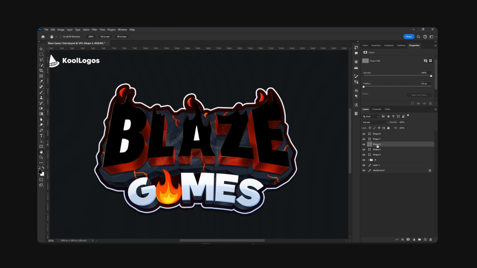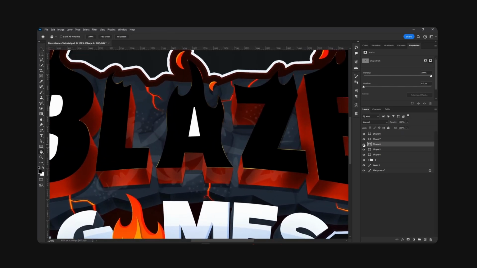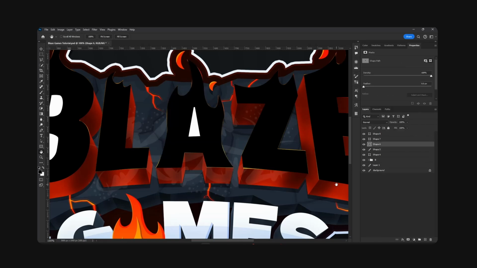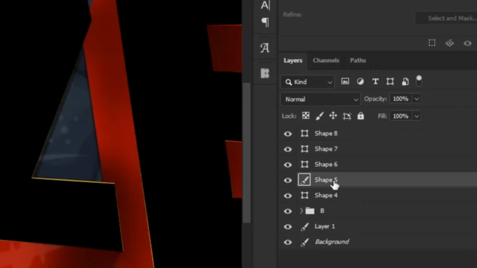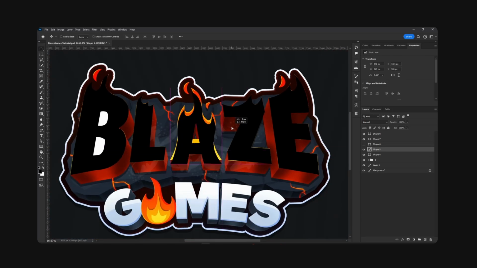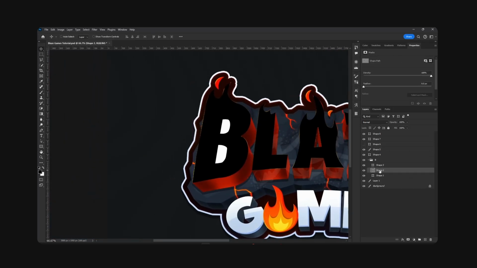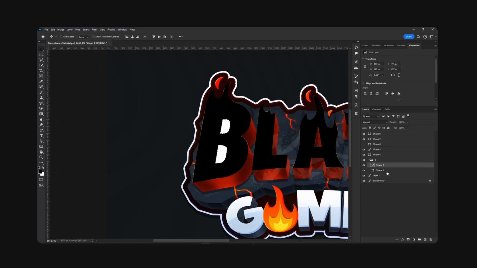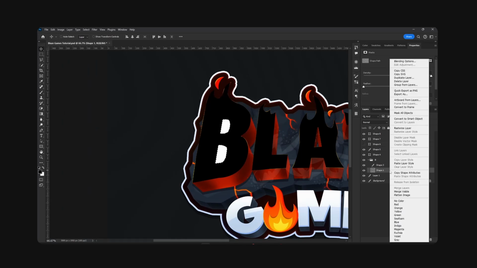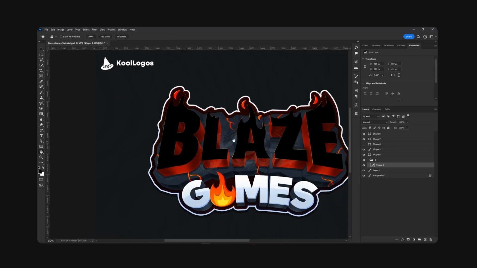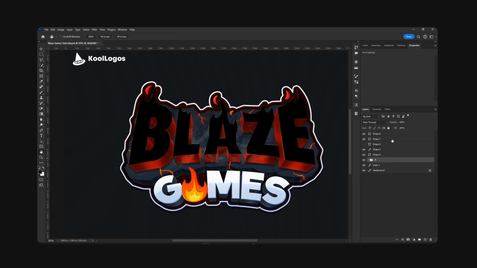The only thing to do here is to make these cutouts. So it's very simple. Take the A, right click, and hit rasterize layer. Hold Control, click on the icon, go to this layer, hit delete or backspace, and if we hide this, now we have a cutout. So right here, I'm just going to merge these two shapes. Control E. Oops, I had to rasterize this layer. Delete, and here we go. Looking pretty solid so far.